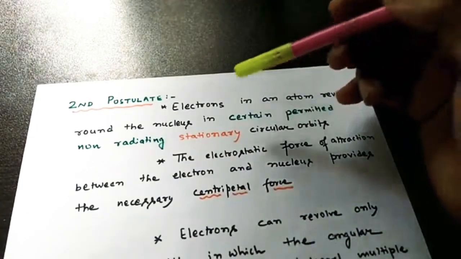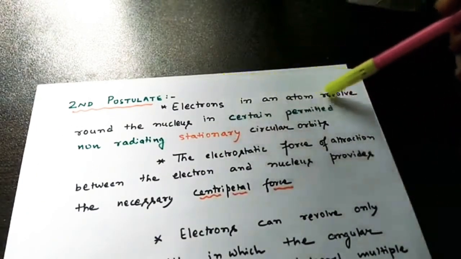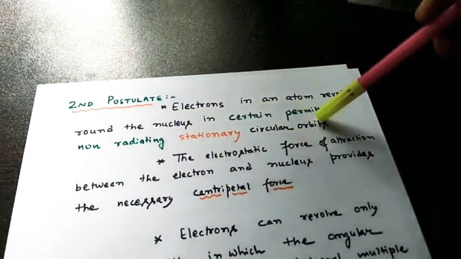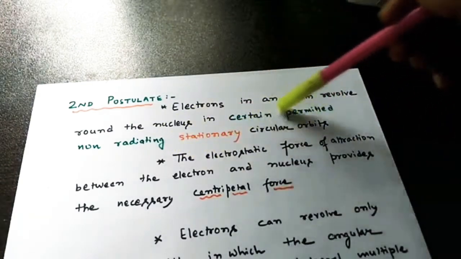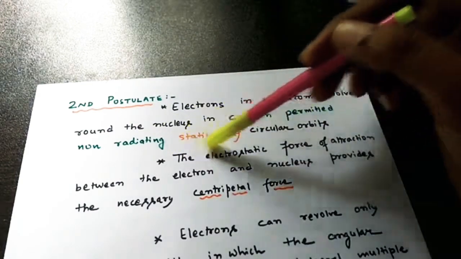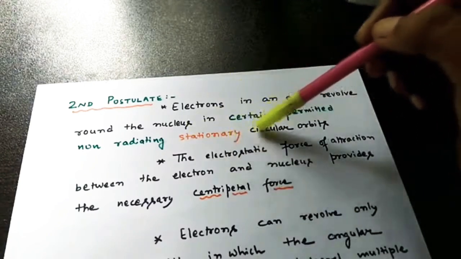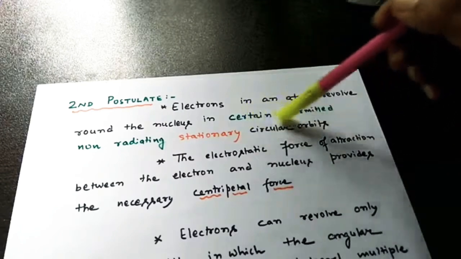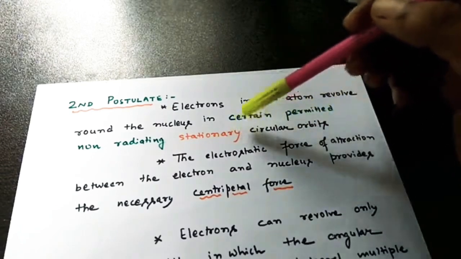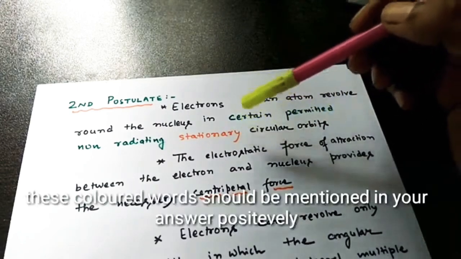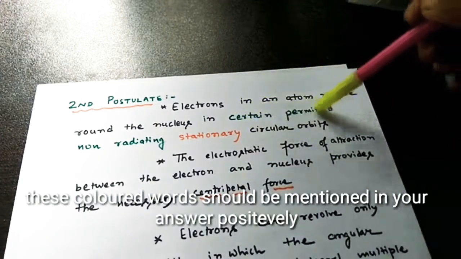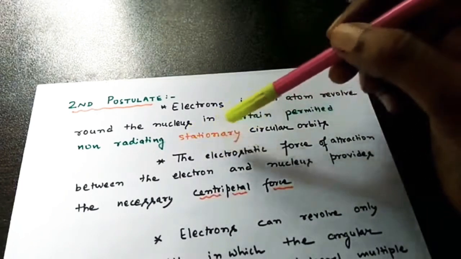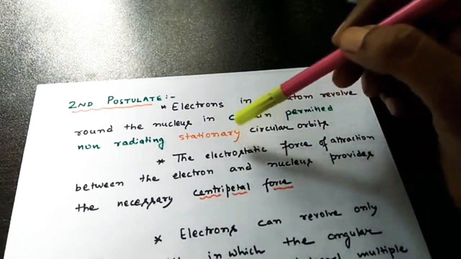What does the second postulate say? Electrons in an atom revolve around the nucleus in certain permitted non-radiating stationary circular orbits. The words written in green, yellow, and orange colors must be remembered by the students, because these words have a very important meaning. Stationary, as I told you earlier, means the orbit will have